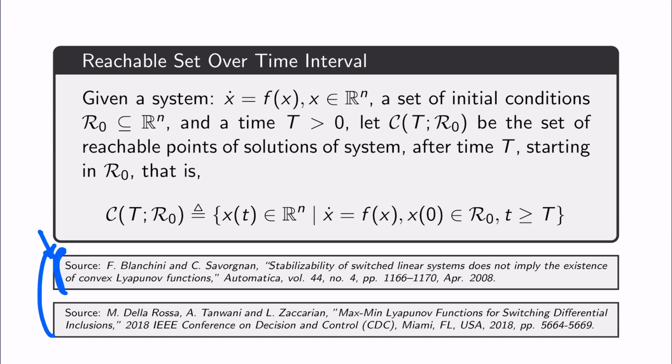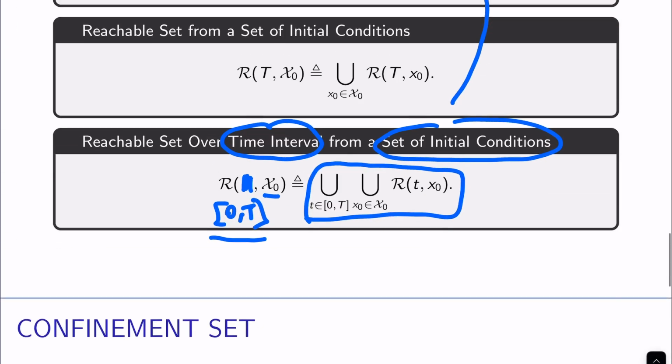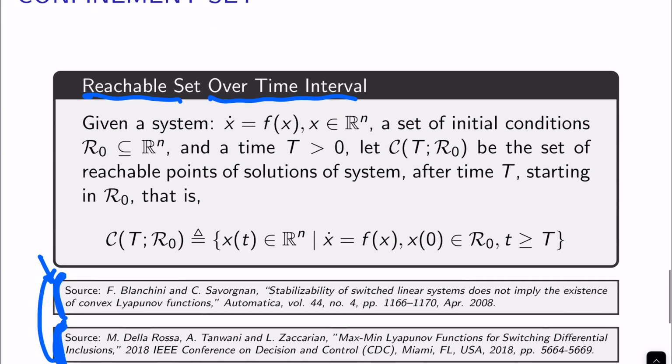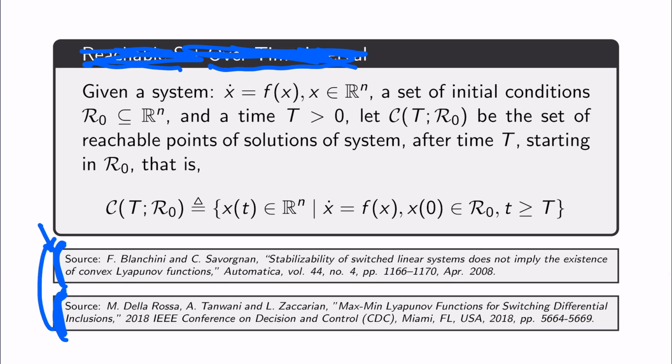Okay, this is also another paper. He's using some of the ideas that this paper is mentioning. And okay, confinement set, so reachable set over time interval. Oh my god, again, one more typo. Just delete that, like instead of Euclid set, confinement set. Anyway, and stuff happens. Alright, this is how we know that I'm real.